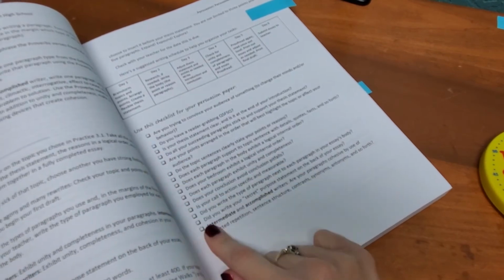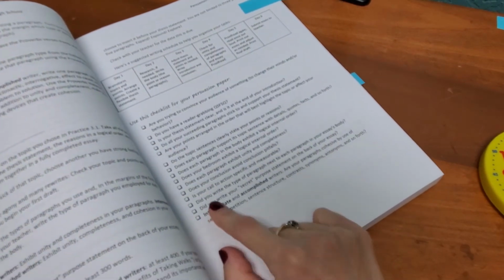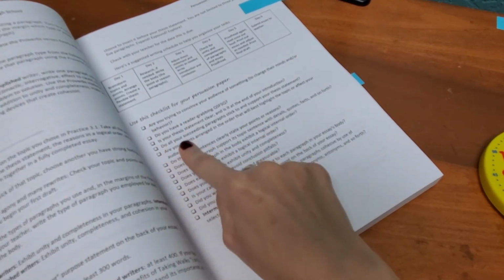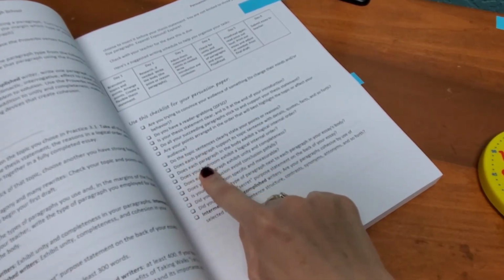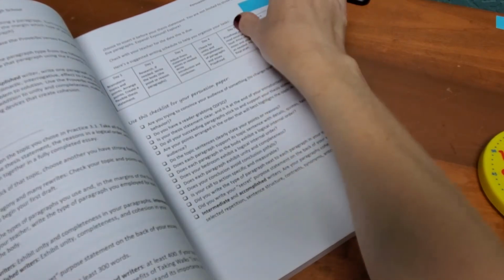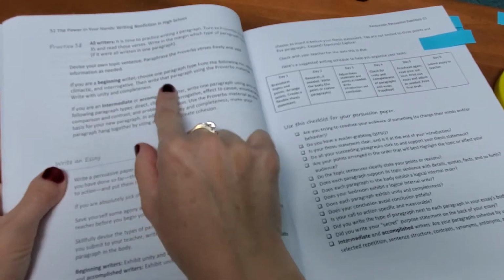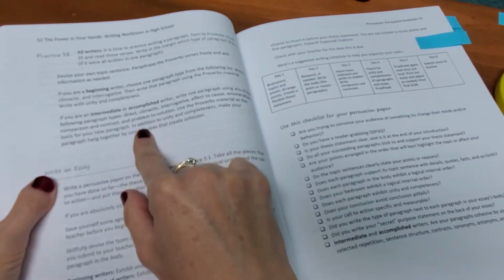Here's the checklist that she has after you write. She has a checklist to make sure that, when you go back and edit, you can cross off your boxes. Here's an example of one of the assignments where it's different for the beginner and the intermediate and